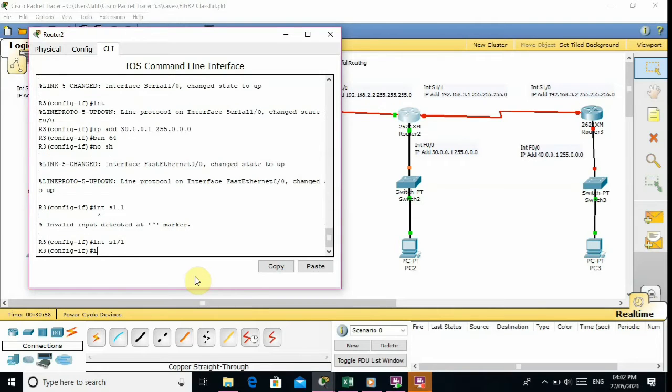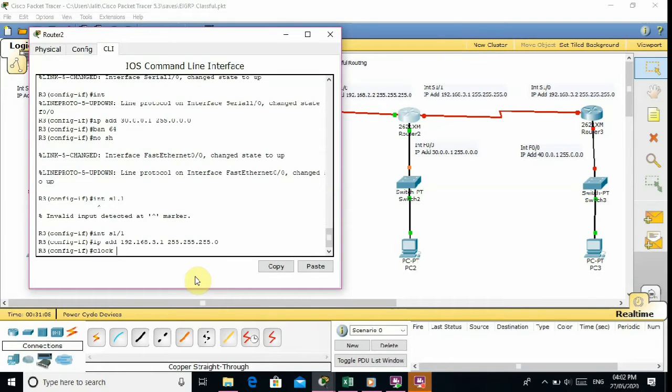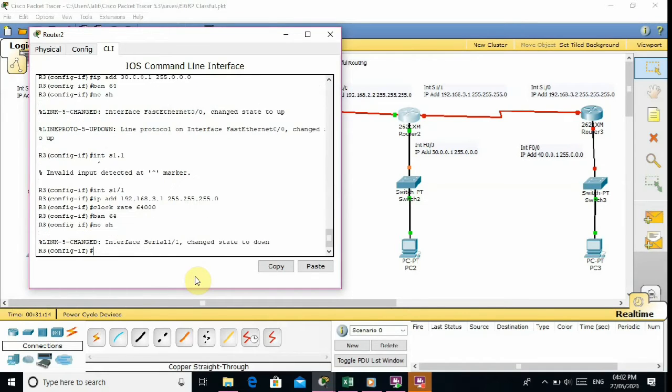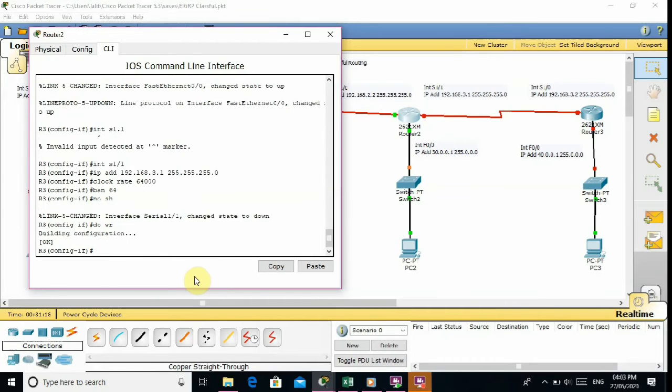Serial 1/1 is connected to router 4. IP address is 192.168.3.1, 255.255.255.0. This is the subnet mask, and clock rate is 64,000. Enter, and bandwidth 64. No shutdown command used to open the interface. Save all this configuration with the do wr command.